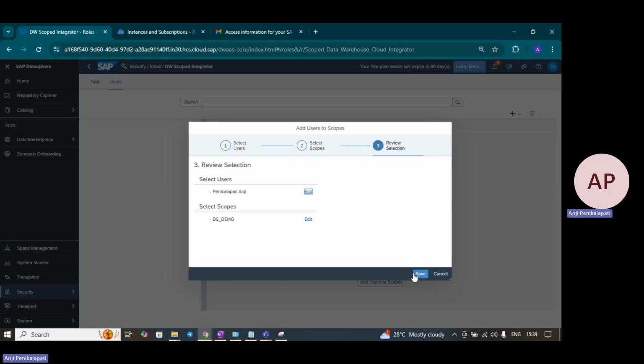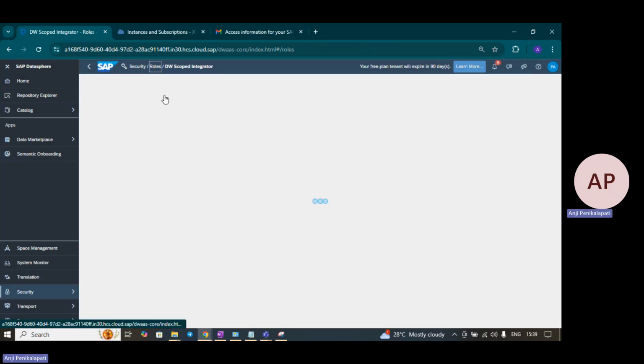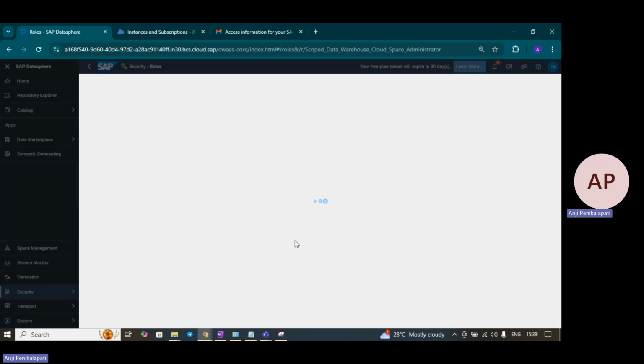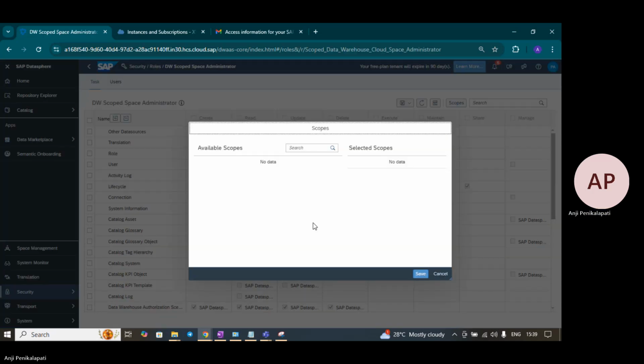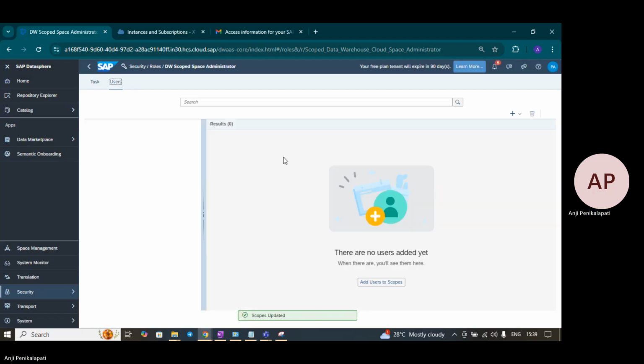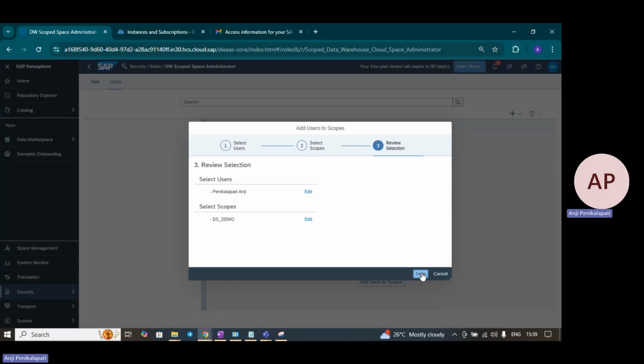Click on next, save it, go back to roles, assign first space administrator, select the space, save it, go to users, add the users, select user ID, next, next, save,